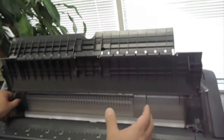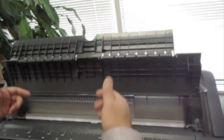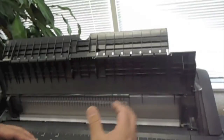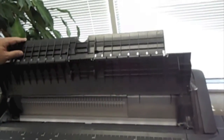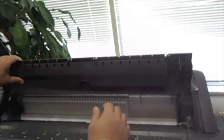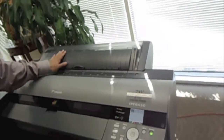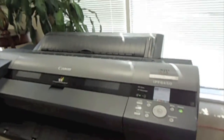And if you feed cut sheet media, remember that the roll paper cannot be in the paper path. It has to be cut sheet or roll fed. Both cannot be administered at the same time into the system. Okay? So you close down here, lock that down, and then close down here, lock that down. This is your ink, this is your paper path, this is your print carriage here. Once again, to review the